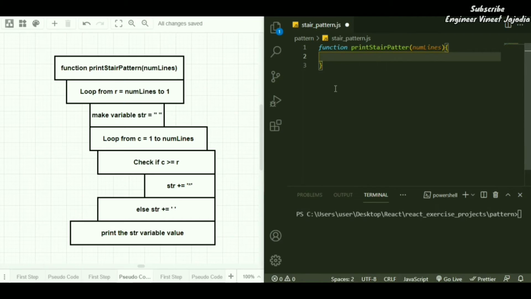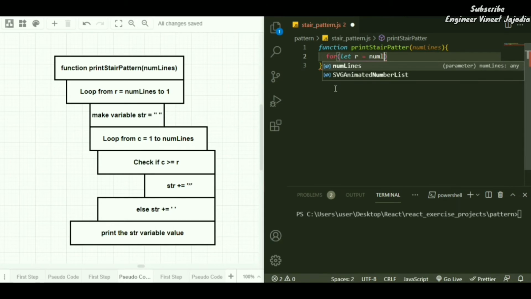So we are going to loop for rows: let r equals num lines, because we are going to reverse the order of number of rows. r is greater than or equal to 1, r minus minus.